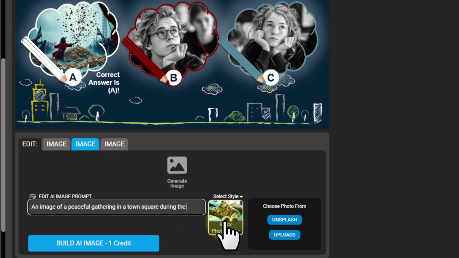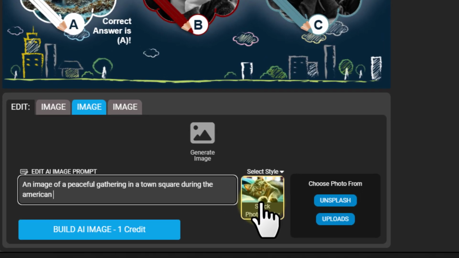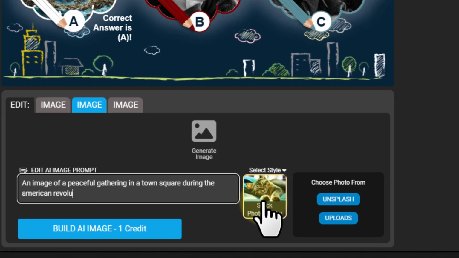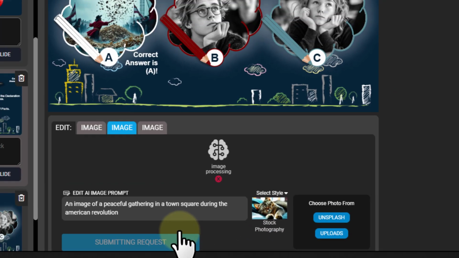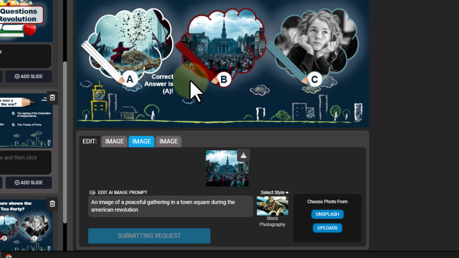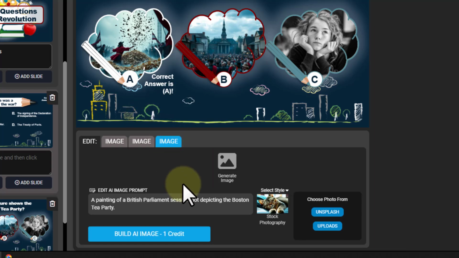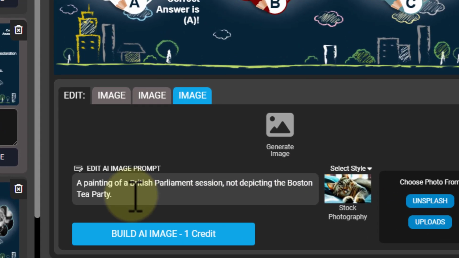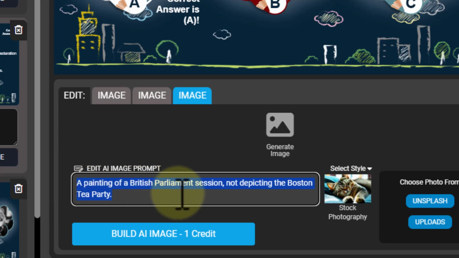during the American Revolution. So again, just giving the image prompt a little more context of what AI should build. Painting not depicting the Boston Tea Party. So yeah, not the best prompt. You could just put in, let's see,